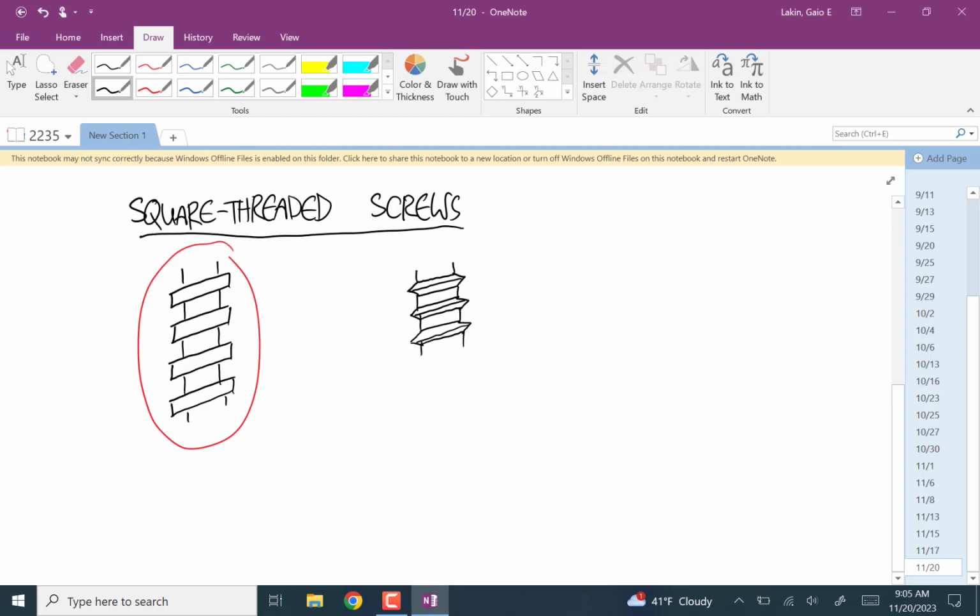And to manufacture threads like this, the cross section doesn't look exactly like that, but you get the difference between the square threads and the non-square threads. For these, all you have to do is just cut out a little piece here. You just use a simple,